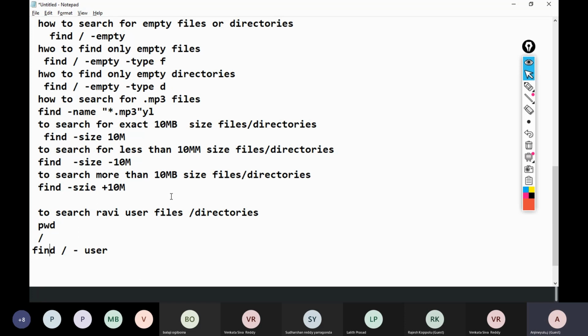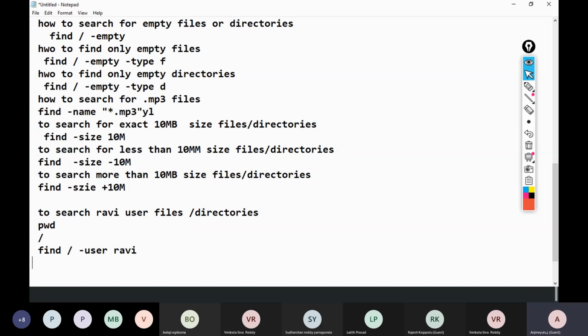If you are not in the root location, definitely you should give the forward slash for root. If you don't give the root, it will not find any files and directories. That means the files and directories will be searched from the root directory. So -user, then the username is Ravi.